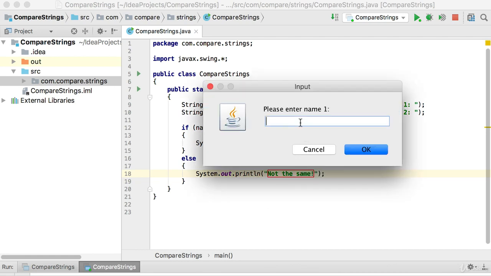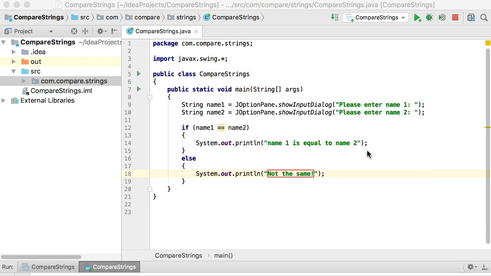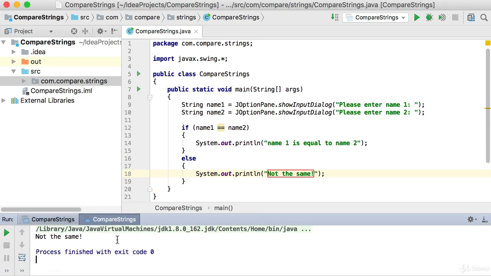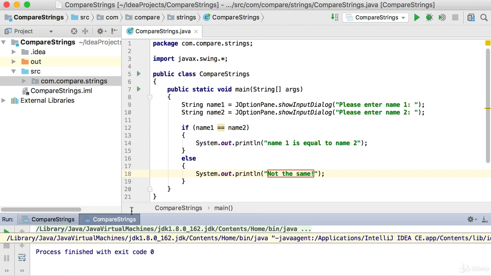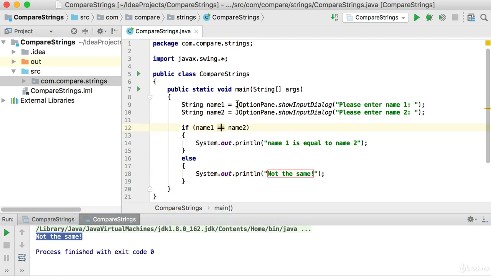So we're going to say, please enter name 1, and I'm going to type Peter there. Look at the spelling of Peter, capital P, all the rest lowercase, and I'm going to type Peter again. So it's exactly the same name that I'm typing. If I say OK and I open up the bottom, you will see it says it's not the same, because essentially we're comparing two different memory locations for the first name and the second name